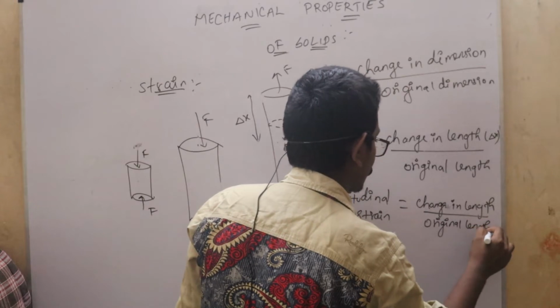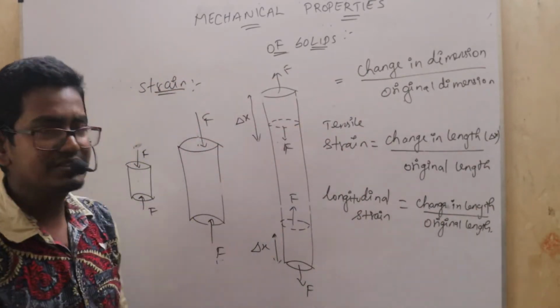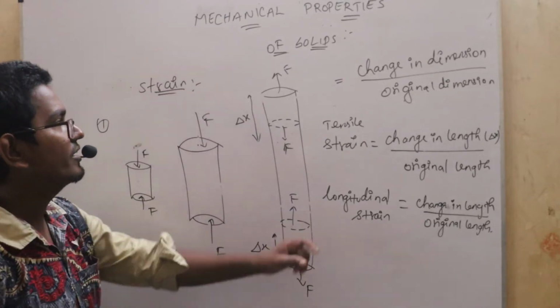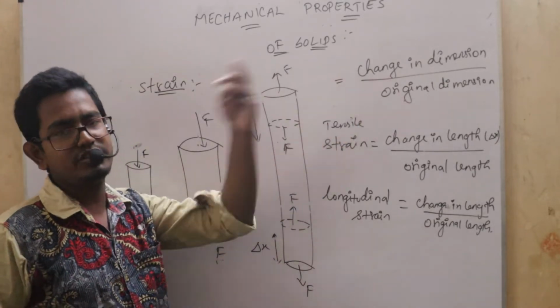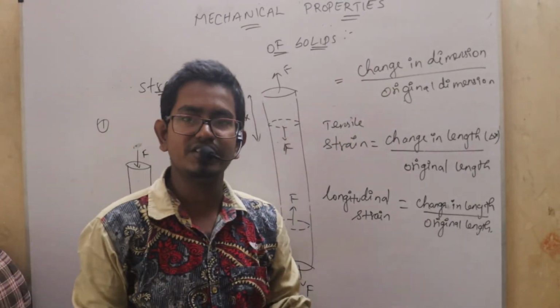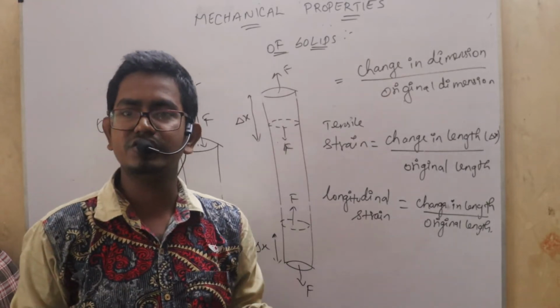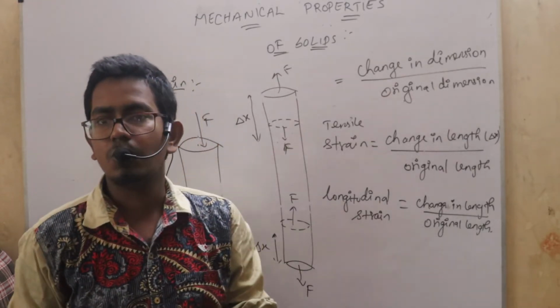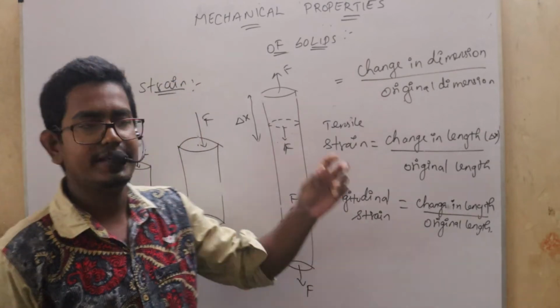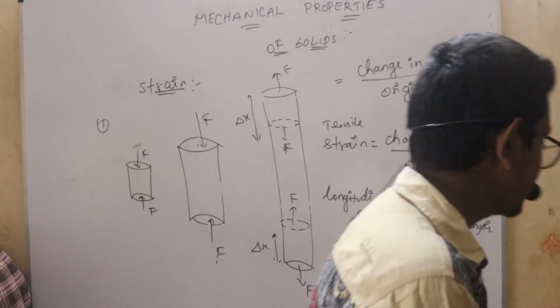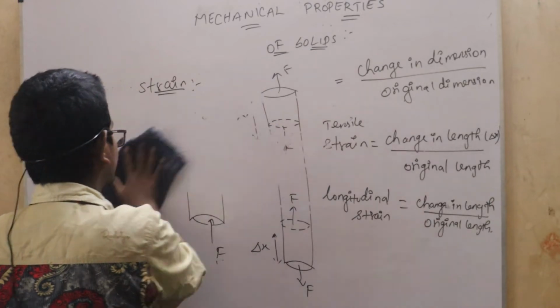So that is our first type of strain, which is known as longitudinal strain. What is the strain definition? If we are observing the change in dimension, then whenever we take the ratio of the change in dimension upon its original dimension, we will get the strain. Okay? Now we are going to see the second type of strain,